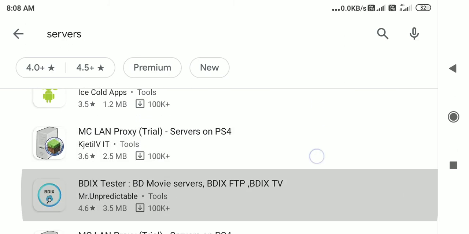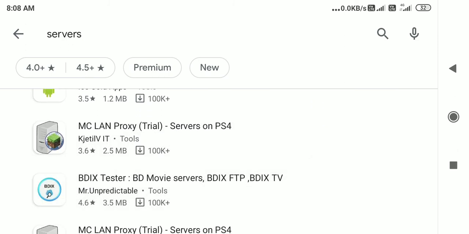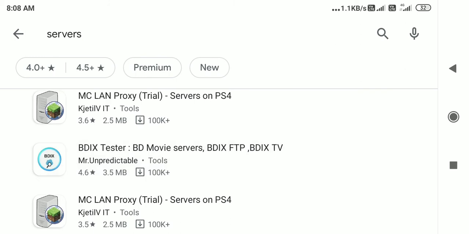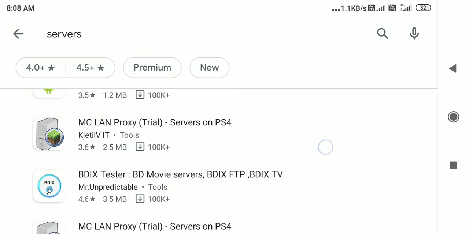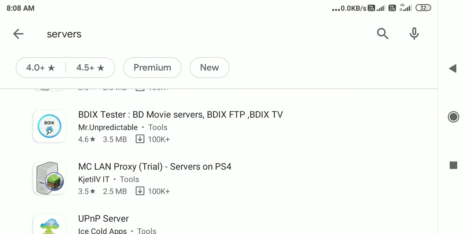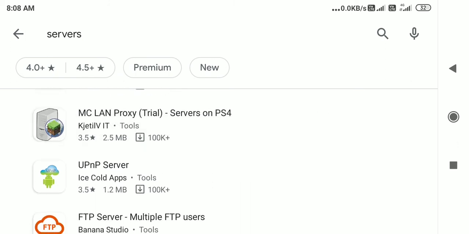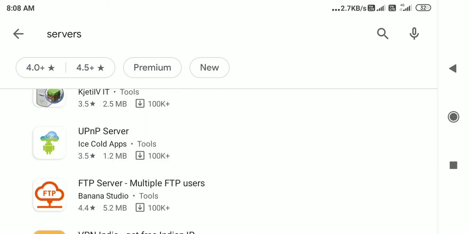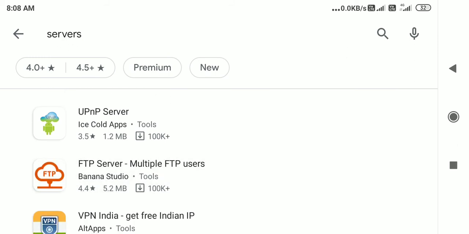Okay, MC LAN proxy, proxy LAN. If you have a local area network and you want to do a proxy and other things, then you can use MC LAN for proxy. Okay, UPnP is called plug and play services. Now what happens is you have modules, and you want to plug a particular software module into a remote device and then use it. So that is called UPnP.